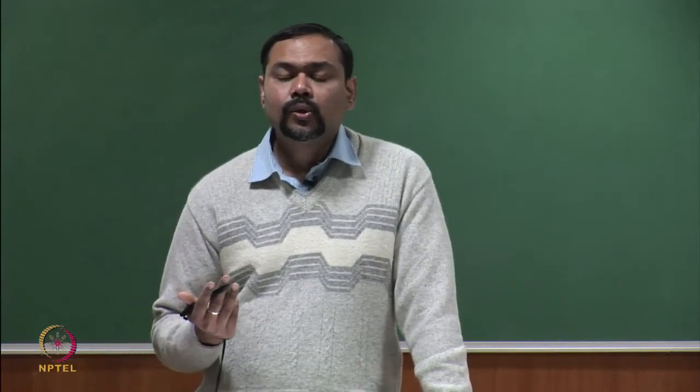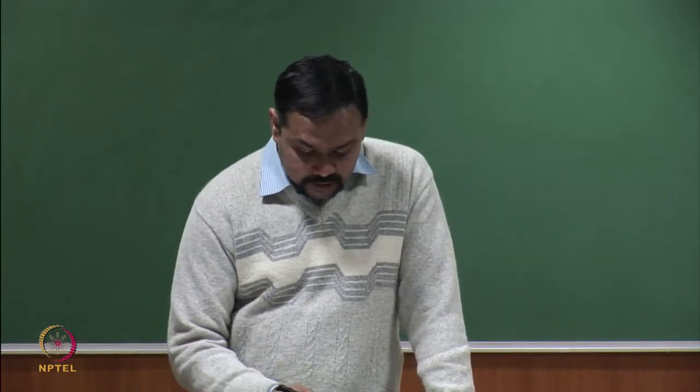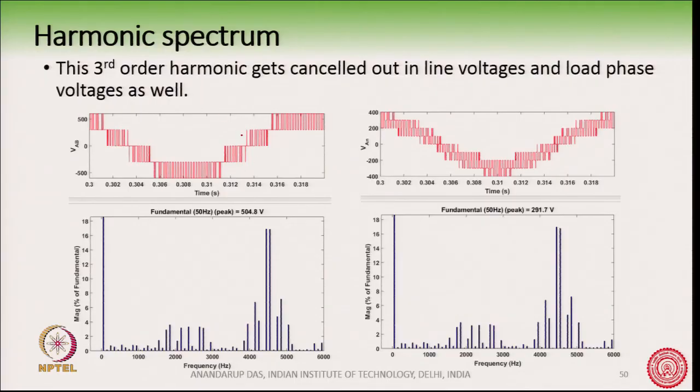So, this is the line voltage waveform and this is the load phase voltage waveform, and you can see that the 2250, that is the 45th one, has disappeared because it is a multiple of 3, right, but the side bands do not disappear because they are not multiples of 3. So, they do exist in the line voltage as well as in the phase voltage,